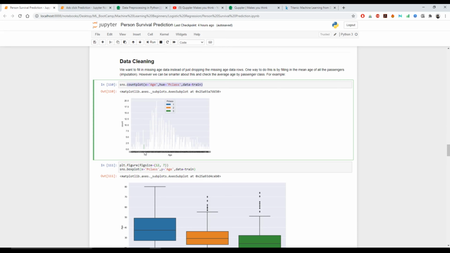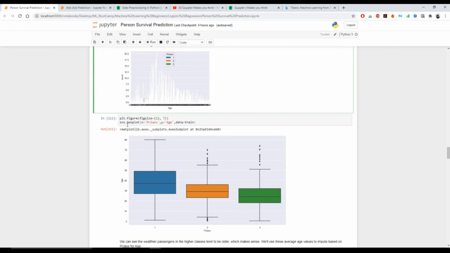So for that we're going to use the box plot for two different columns. First we want to set the size, so I set it as 12 and 7. Using the box plot, we're going to pass the Pclass, which is my passenger class, and my age column.